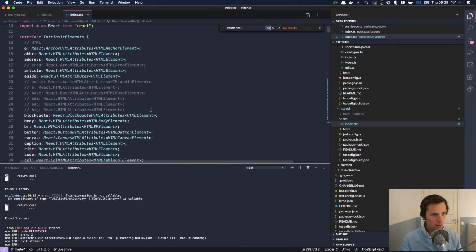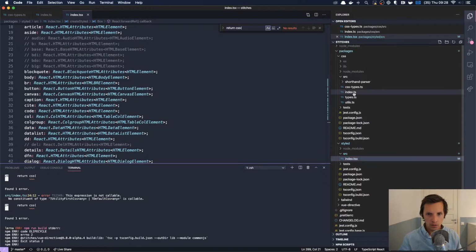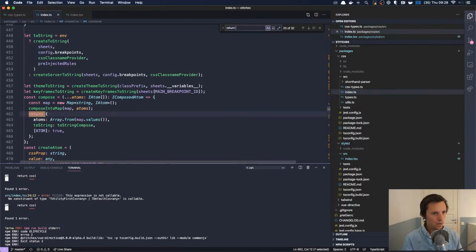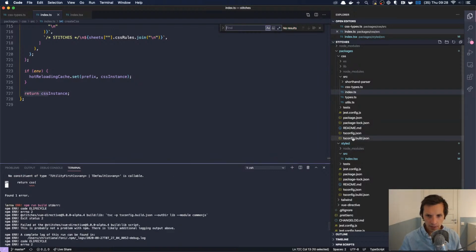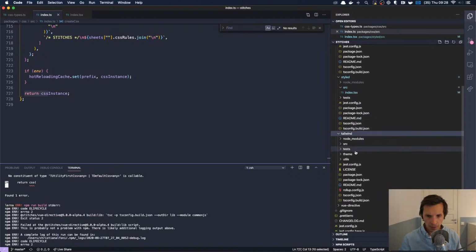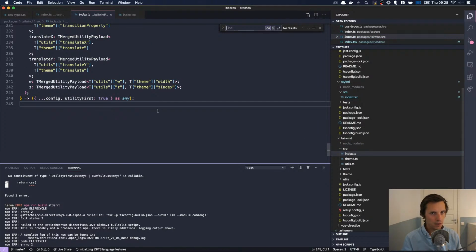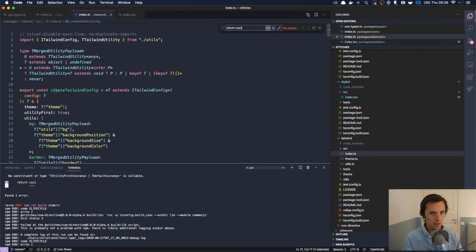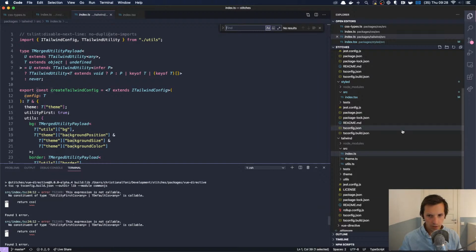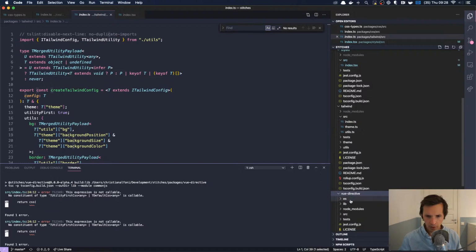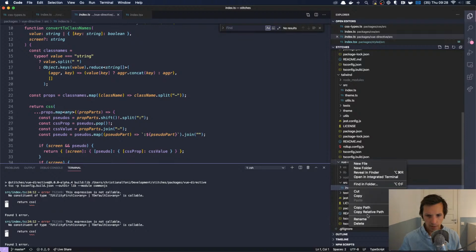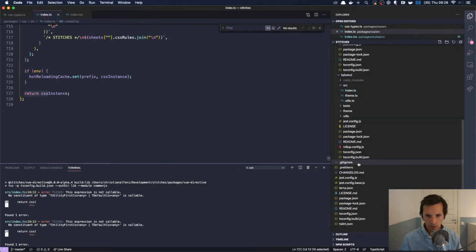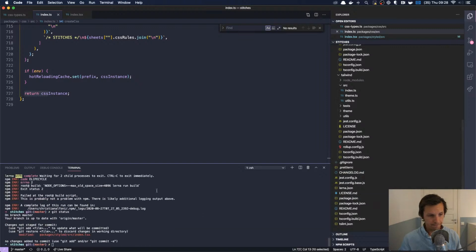Wait a minute. Oh wait, sorry. I guess this is inside one of the other packages. Maybe inside here or something. Yeah. Return CSS. Which package is this? Oh, it's the view package. You know, I'm going to remove that package now because nobody uses it. It was like an experimental thing. So I'm just going to remove it, because that's also something we wanted to do.